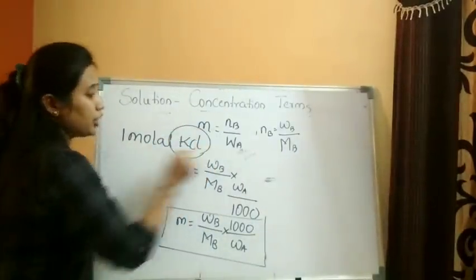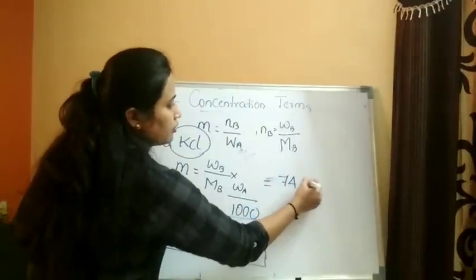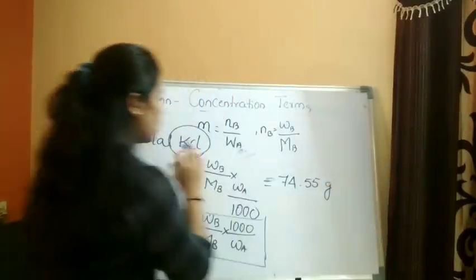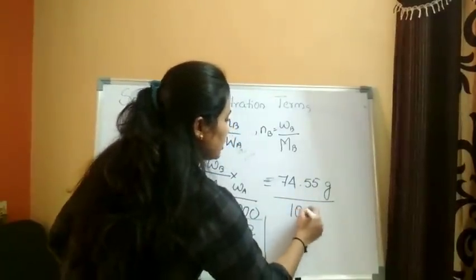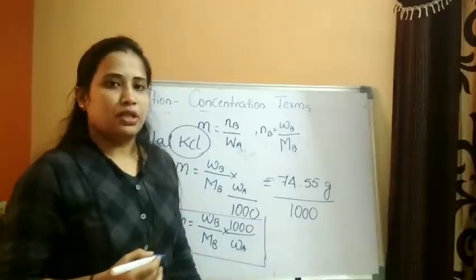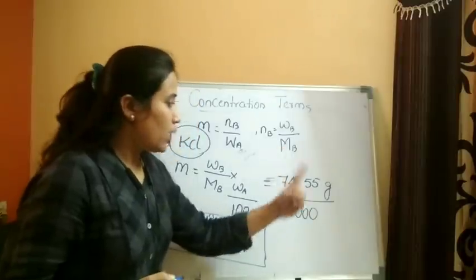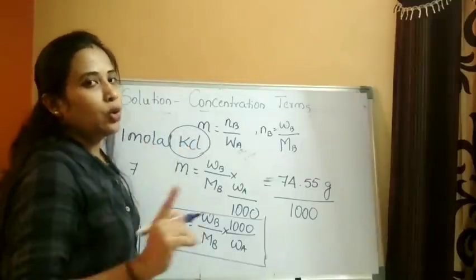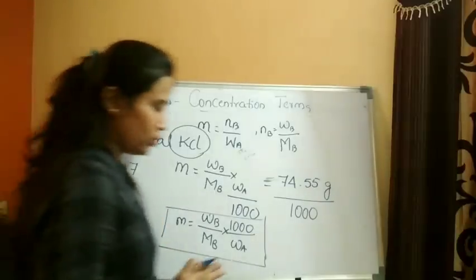Okay, so here the molecular weight of potassium chloride is around, I am going to write here, 74.55. Okay, so 74.55 gram of potassium chloride is weighed, and that is dissolved in 1 kg of the solvent. Here I have taken a weight. So 1 mole of potassium chloride, and when you substitute all the values, you are going to get a 1 molal potassium chloride solution. Okay, this is the practical part of how we are going to do it.